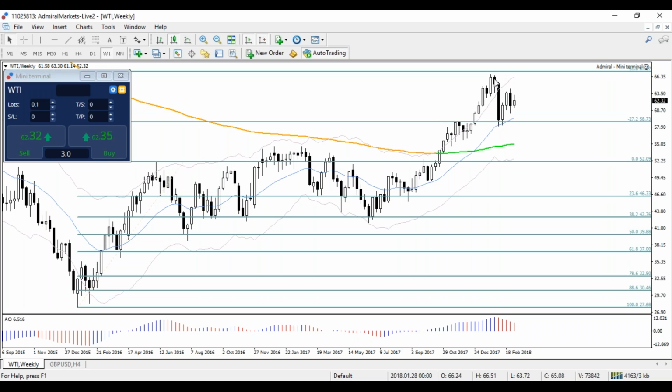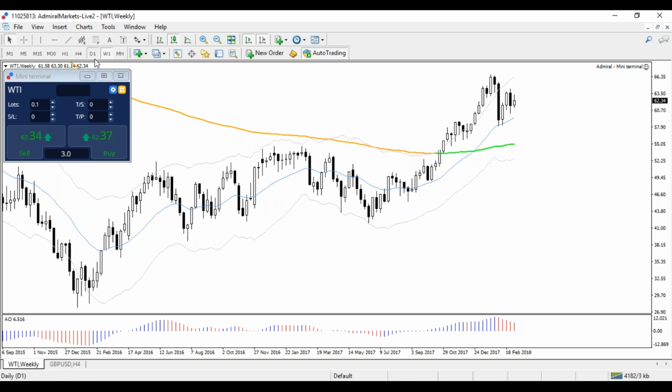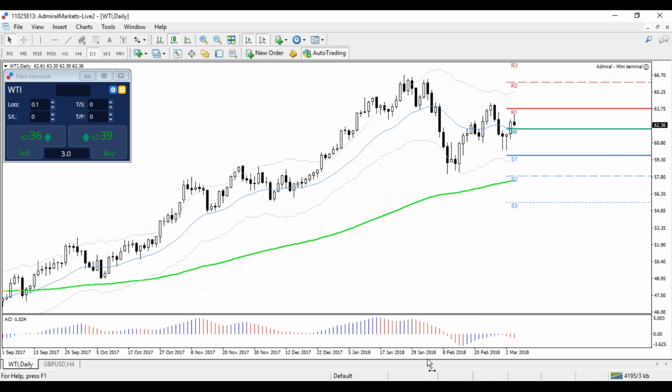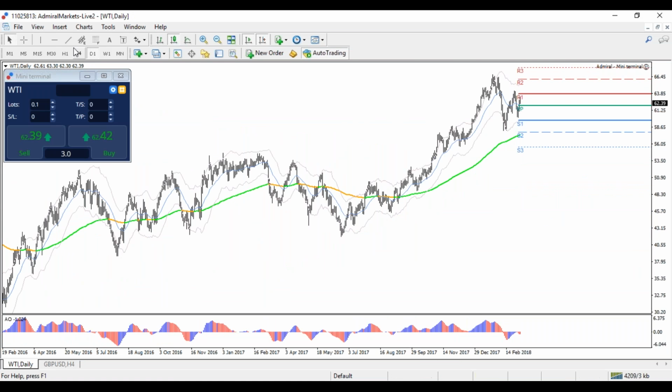Minus 61.8 hit right there. Looks like it's potential for price to make a new downside, but